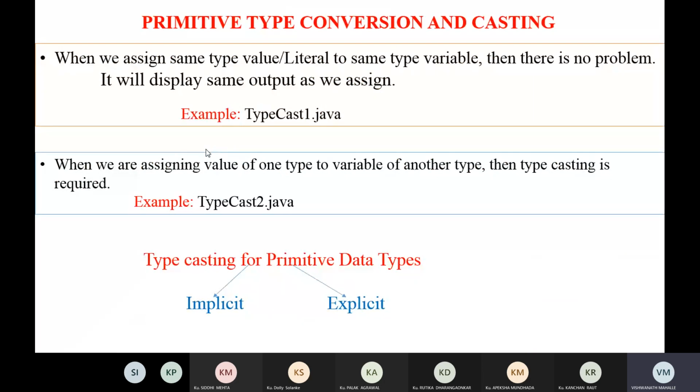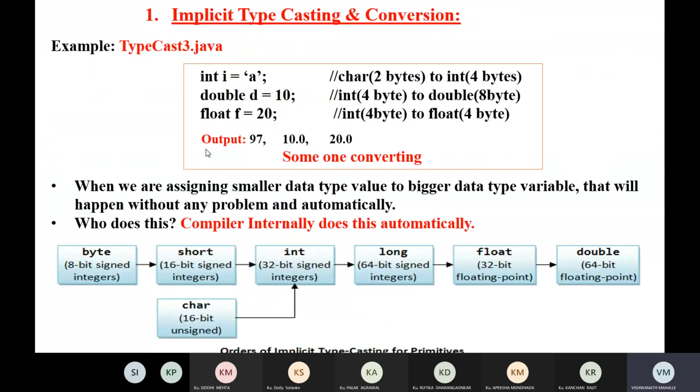So we have seen there are two types of typecasting, implicit typecasting and explicit typecasting. Implicit typecasting is also called widening, and explicit typecasting is also called narrowing. Also, implicit typecasting is called upcasting and explicit is called downcasting. Implicit typecasting happens automatically.